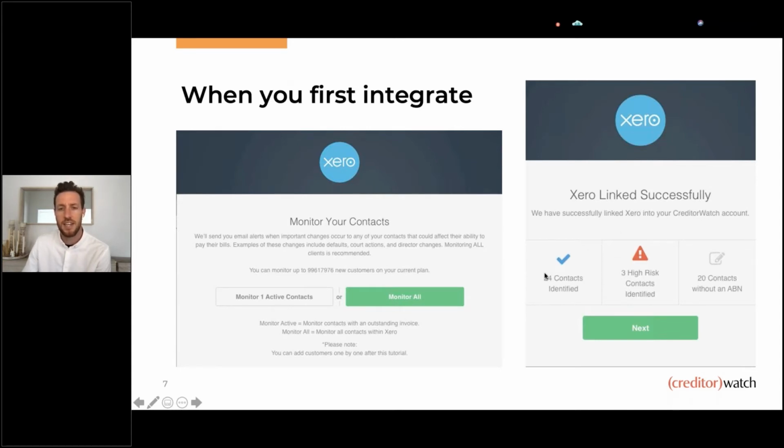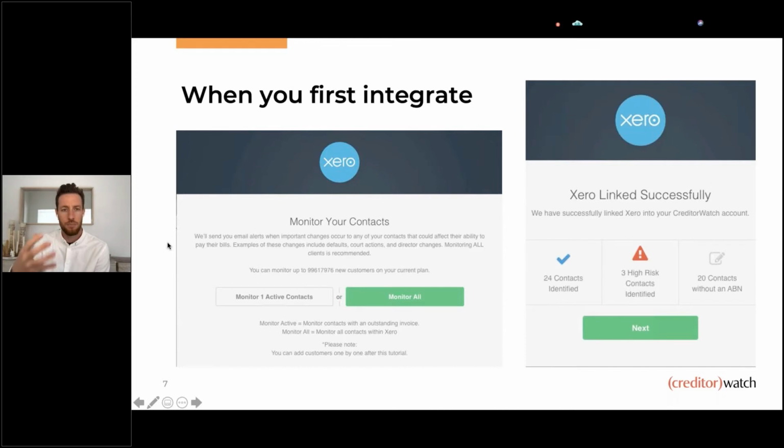So we can see here 24 contacts have been identified. Contacts are customers, of course, within Xero. 3 high risk contacts have been identified out of that 24, but then there's another 20 without an actual ABN. I've got these the wrong way around. You would click next, and that would take you to this image on the left-hand side, a pop-up, a modal,